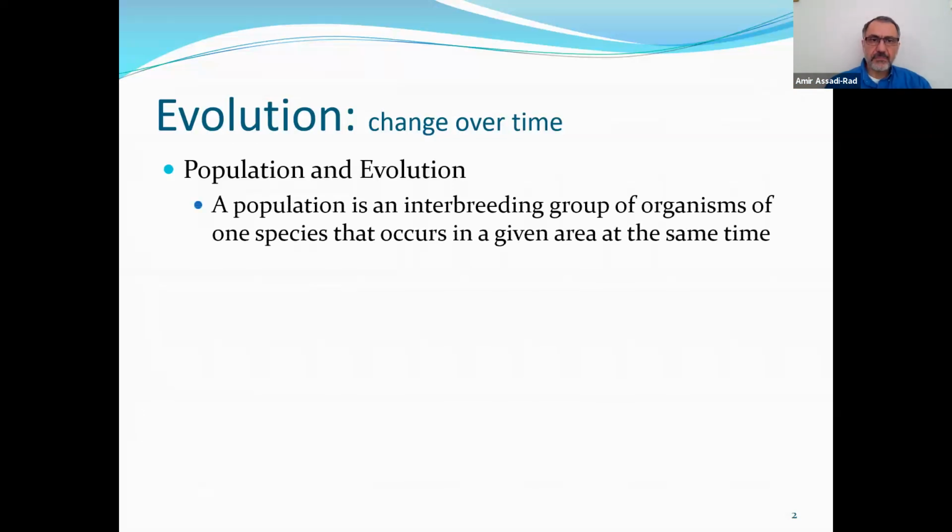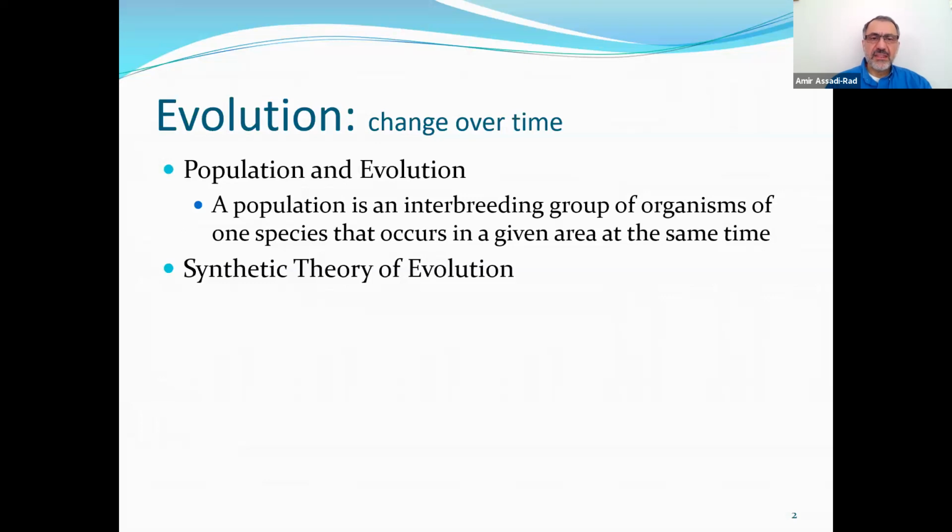Let's go ahead. A population. So what is the definition of a population? A population is an interbreeding group of organisms of one species that occurs in a given area at the same time. Okay, so if you interbreed of the same species and they will have offspring, then that is the population in an area. Also, you have to add that. So you're talking about